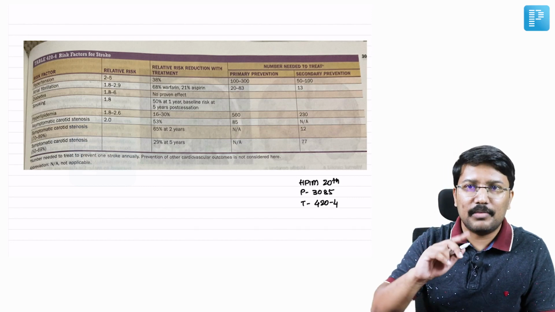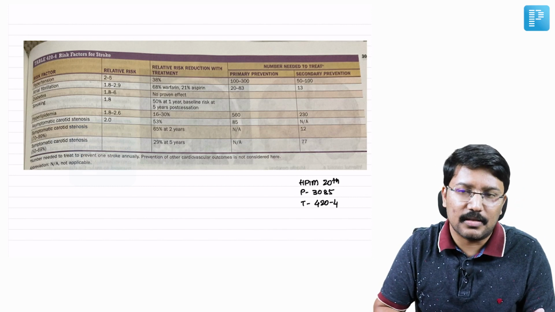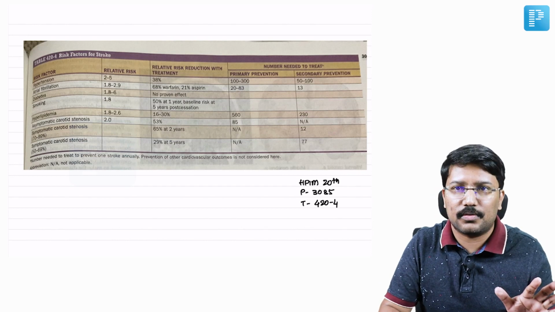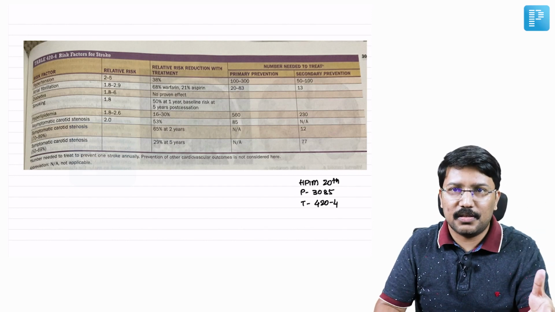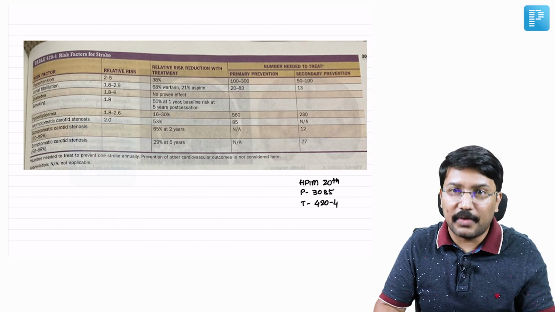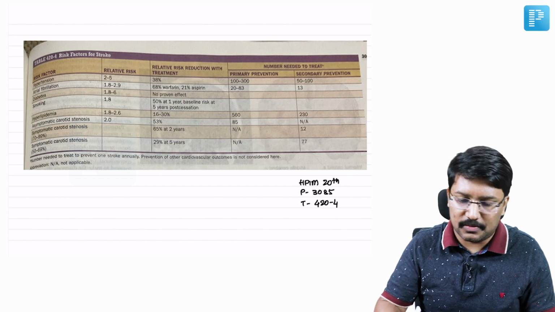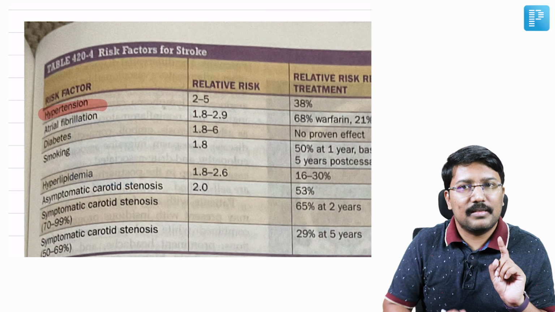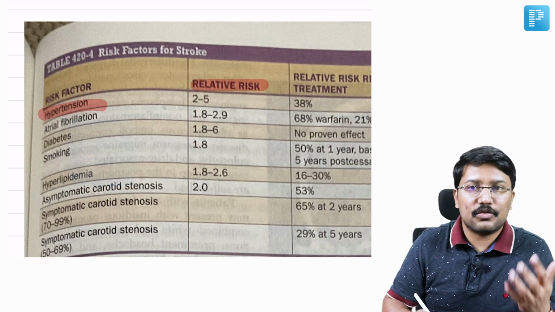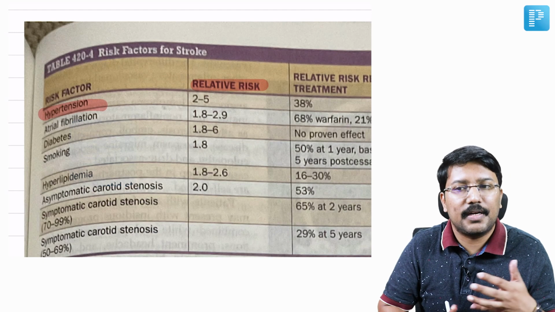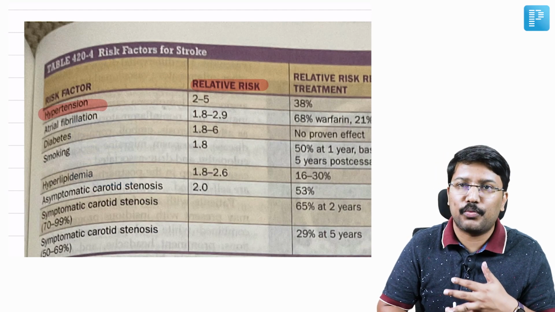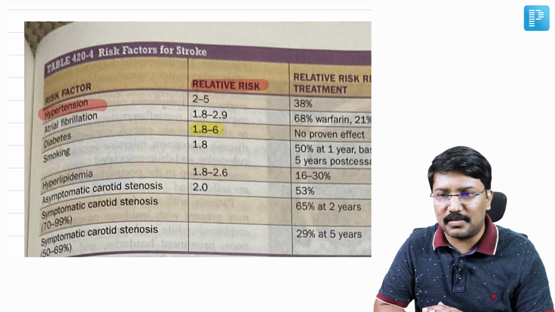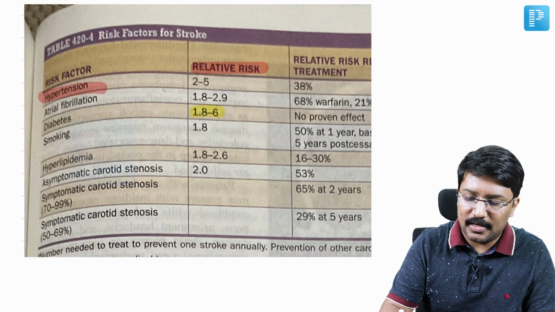So we all know there are some important MCQs that emerge from this table. Number 1, we all know the most common risk factor for stroke, or in other words, if there are 100 stroke patients, what is the most common risk factor you would find in them, right? That is hypertension. Hypertension is probably the most common risk factor, right? Other than that, all these are important, the relative risk of these risk factors, right? Hypertension 2 to 5, atrial fibrillation 1.8 to 2.9, diabetes 1.8 to 6. I told even my UG students that I anticipate them asking about diabetes, because from the list, that appears to have the highest risk.